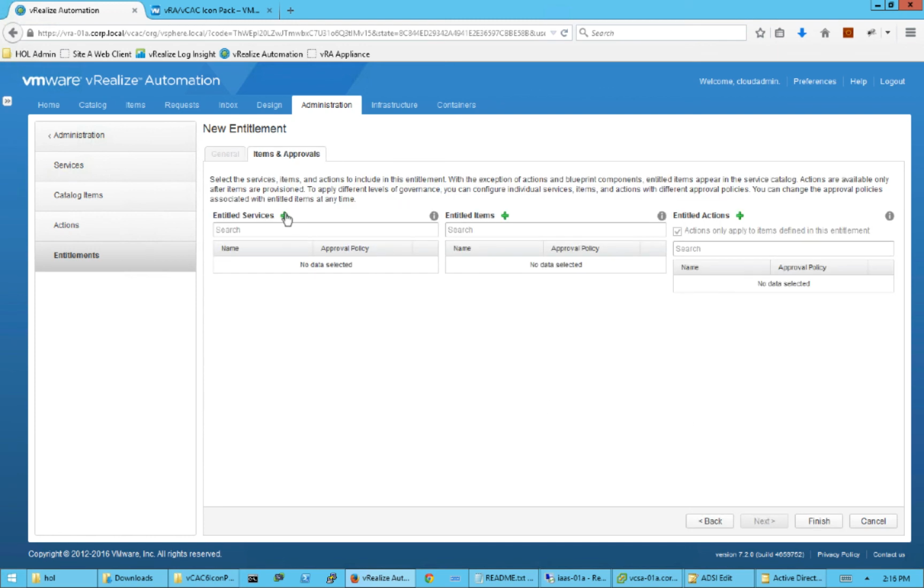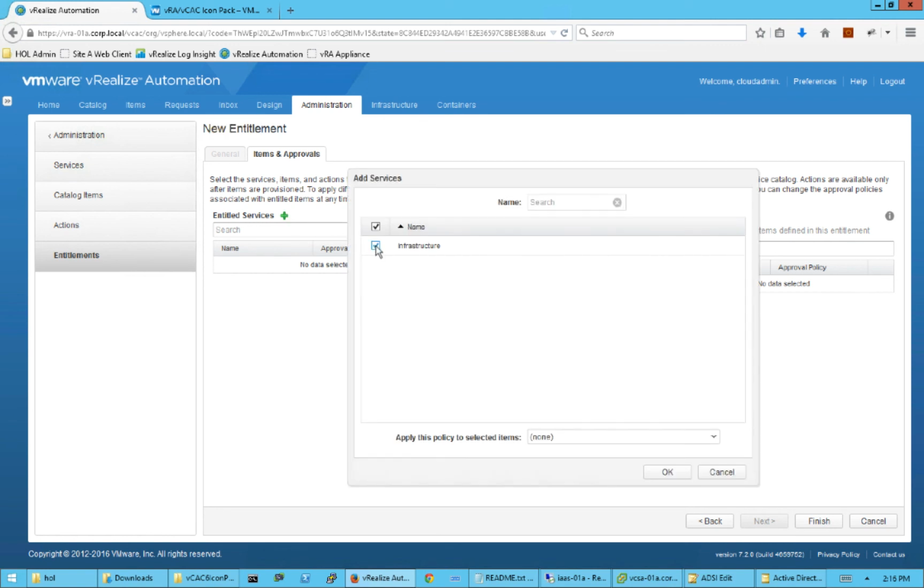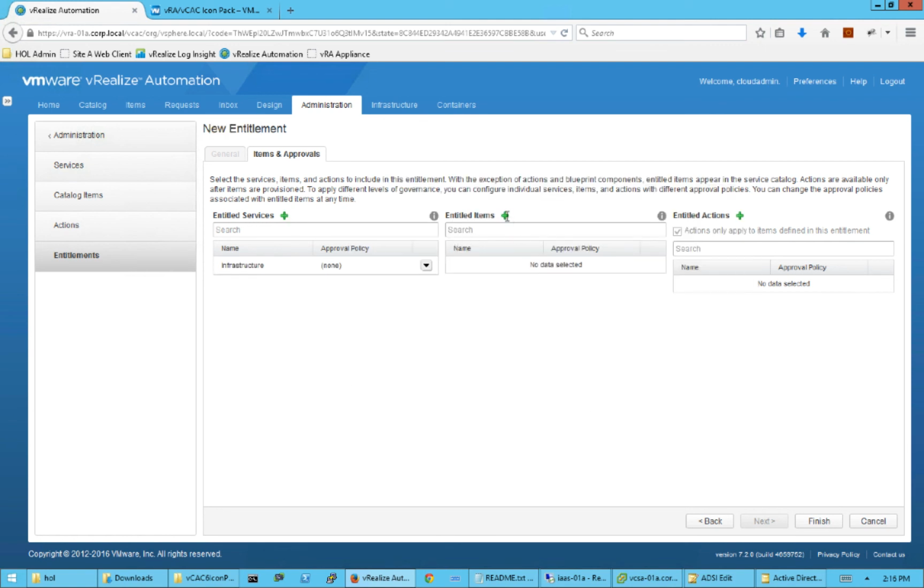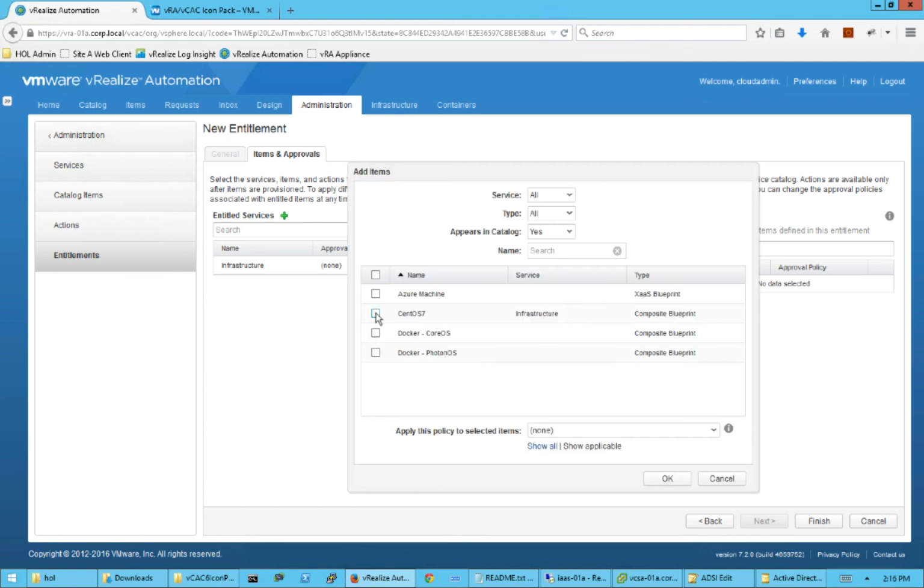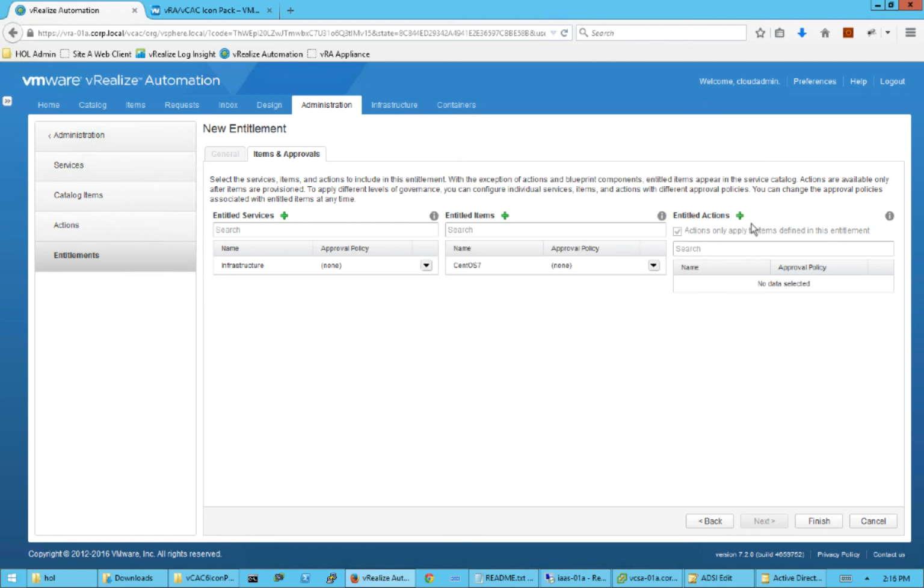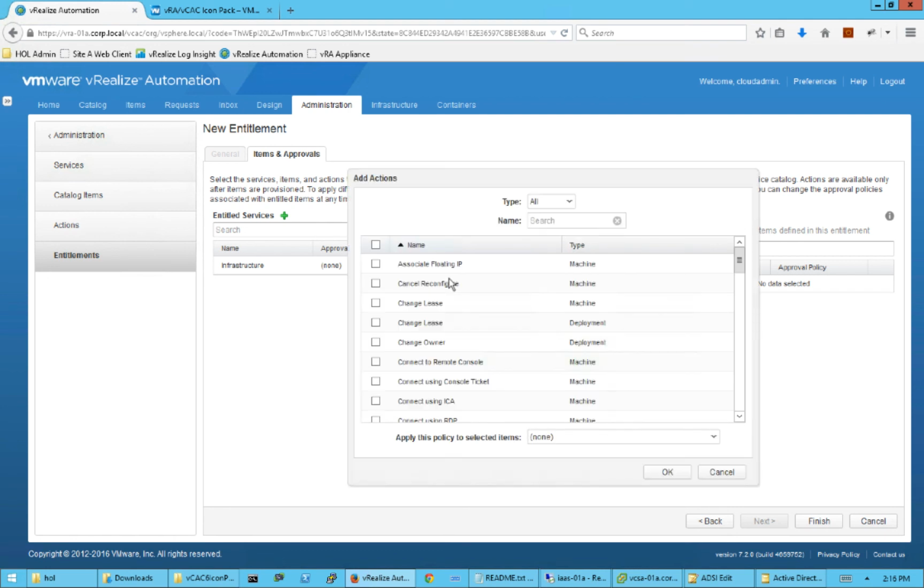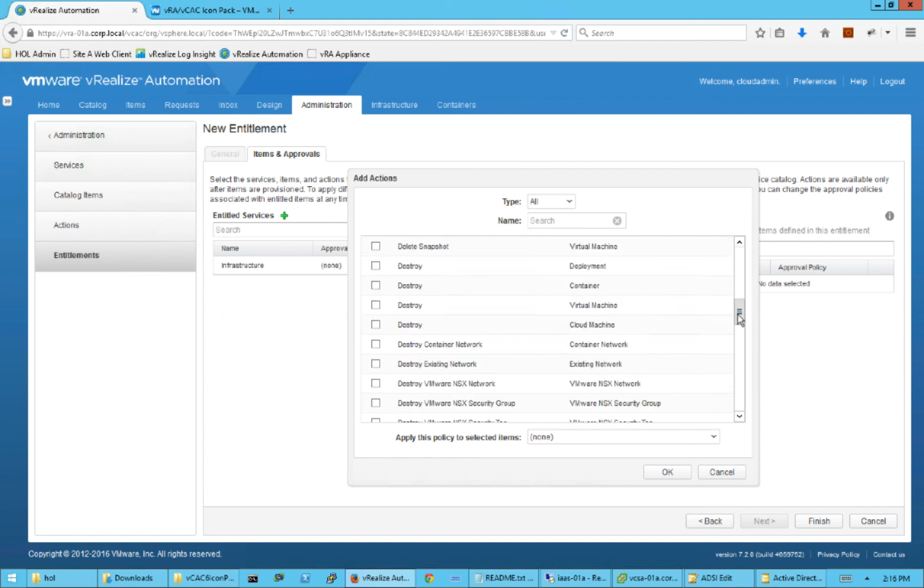And then you want to make sure you're entitling that service, infrastructure tab. And then the catalog item, CentOS 7. And then you'll need to entitle some actions, and these are what we call day 2 actions. So these are after the machine's provisioned in vSphere, your end user who requested has control over it. What can they do to that machine on day 2, which would be like reboot the machine, connect the remote console, power off the machine, destroy the machine. So what I like to do, just for proof of concept or evaluation, is just select them all,